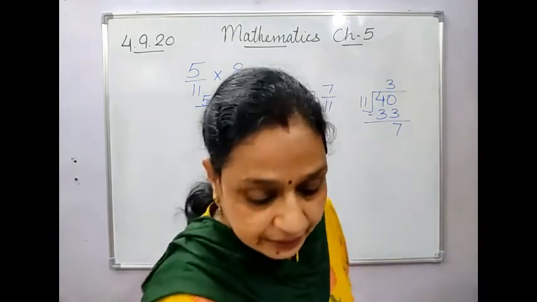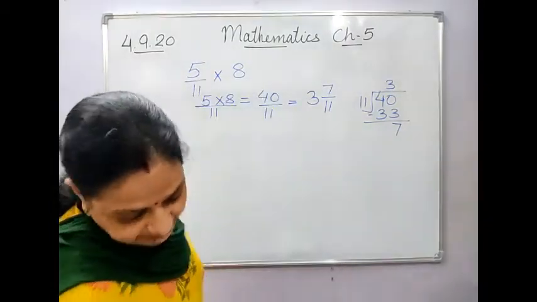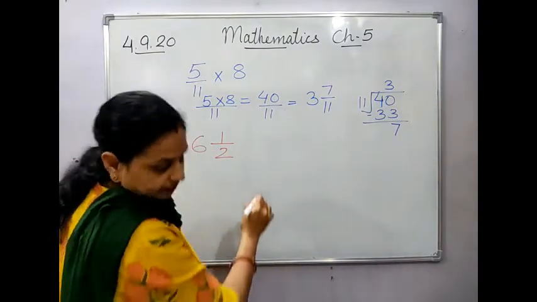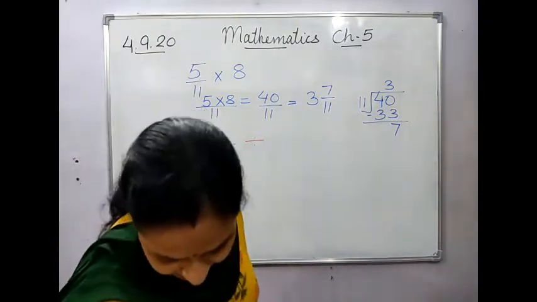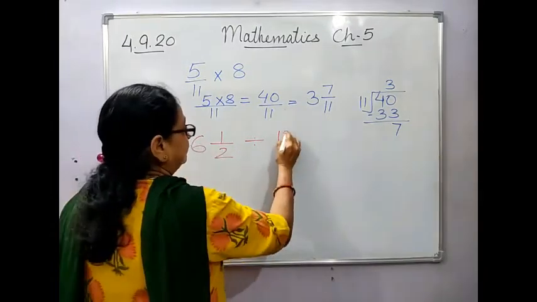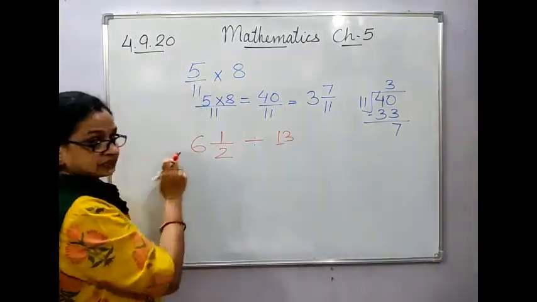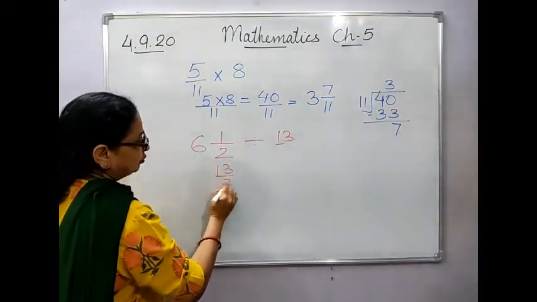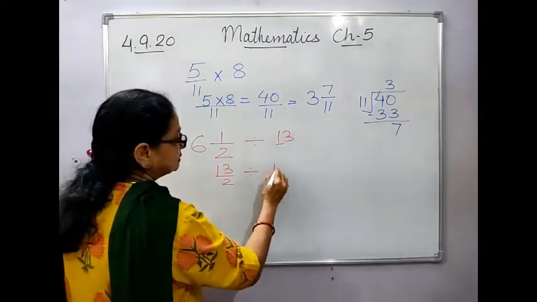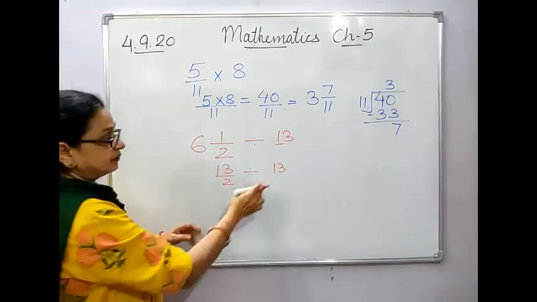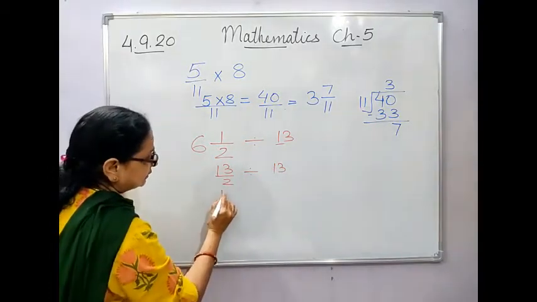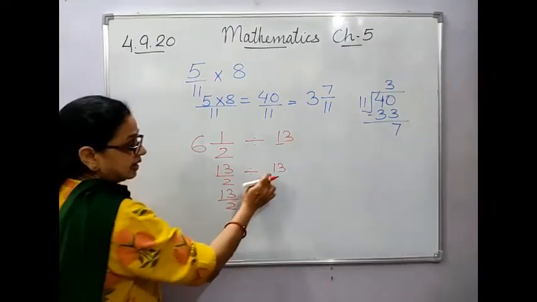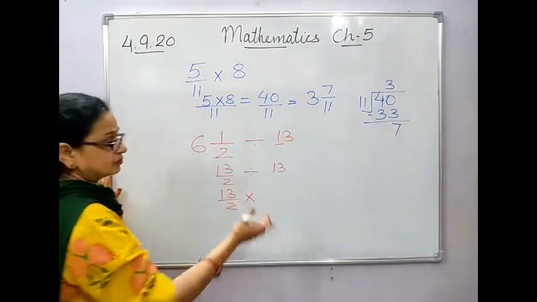So how we do the division, I'll just show it. I'll take the same example. The example given in the book is 6 whole number 1 upon 2 divided by 13. So what we do, this is a mixed fraction, we will convert it into improper. 6 twos are 12 and 1, 13 upon 2. First we will convert this, copy down this. Now when we solve it, this sign will be converted into multiplication and this will be ulta, reverse of it.